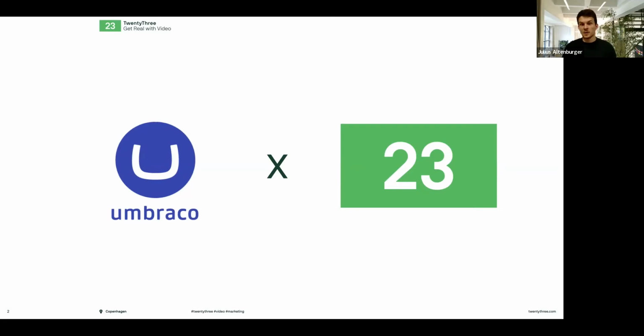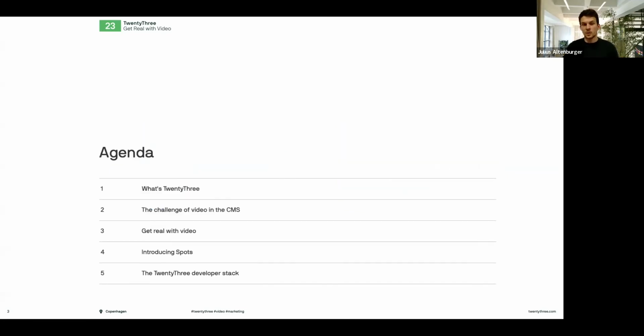But what am I going to talk about here? First of all, quickly a little bit about what 23 is for everyone who doesn't know us yet. Then a little bit about the challenge of video in CMS, getting real with video with 23, then introducing one of our very new features called Spots, and then a little bit rounding it up on the 23 developer stack and all the things you're also able to do with 23.